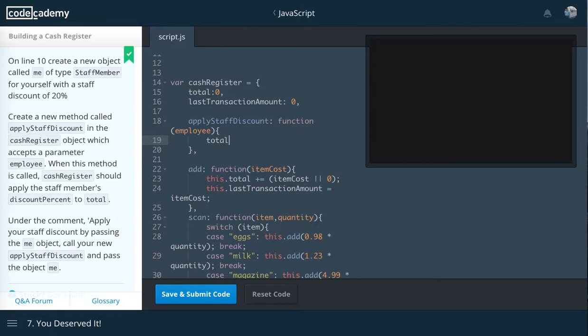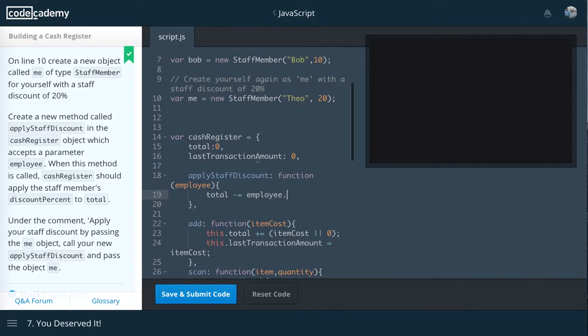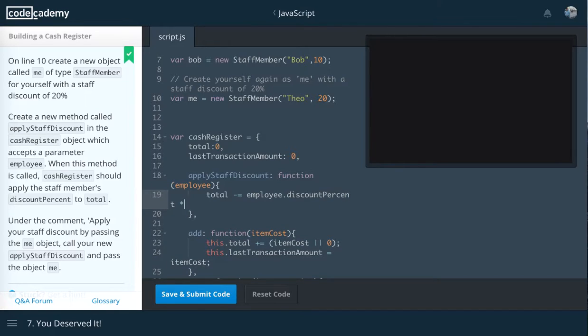So we'll do total. What are we going to do? Minus or equal to employee.discountPercent times 20, discount percent plus